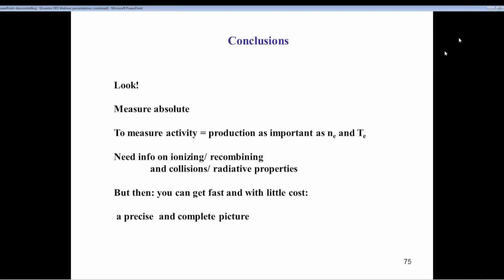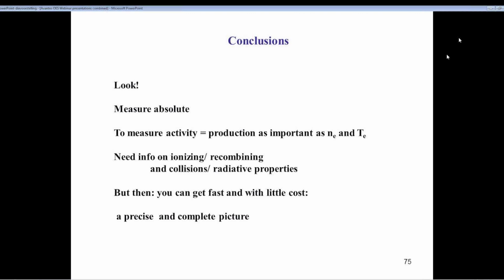This brings me to the conclusion. Look to the plasma because you can already see with some knowledge of plasma physics, of recombination and excitation, what kind of species are in your plasma if you look to the spectrum. Measure absolutely. It does not take much more effort to do that. Of course it takes an effort, but it gives you a lot more information about the absolute levels of excitation and therefore the absolute levels of production of ions in the ionizing phase and the strength of recombination, the recombination